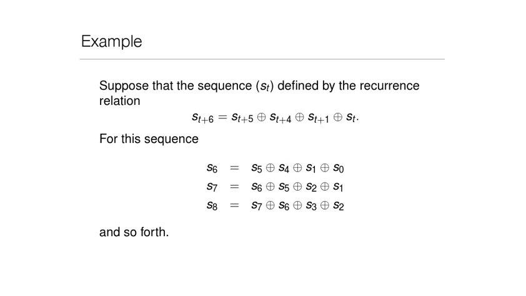For that, the recurrence relation is how we combine the bits of the key in the linear feedback shift register